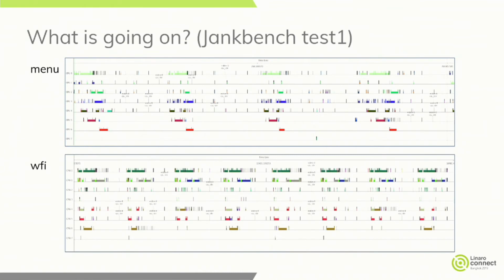But I didn't get the point of why we end up with task packing in the WFI? No, it's just the wake up latency that you see in between. It's just an effect. You need 2 milliseconds to wake up from cluster. And because of this latency between the tasks, the menu governor is also doing misprediction and taking the deepest idle state, and so on. And the result is when you choose WFI and see that we have 8%, but the